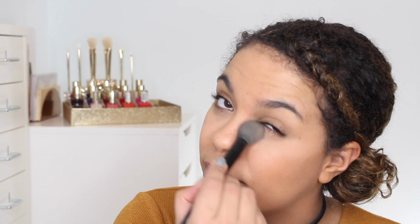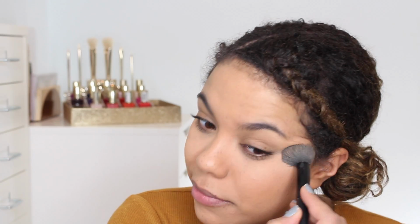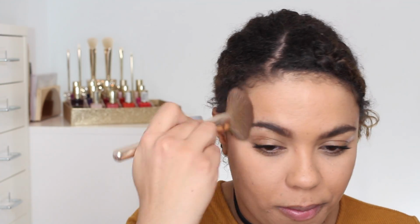I powdered my face, and then I'm going to powder under my eyes with a separate, more brightening powder. I skipped concealer, but I still want to look nice and bright under the eyes. Then going in with a brow gel, just for a really natural but still defined brow. And to add any warmth that I lost to my skin while adding foundation, I'm just going in and bronzing the outer portions of my face and applying a blush that's kind of the powder counterpart of the cream blush